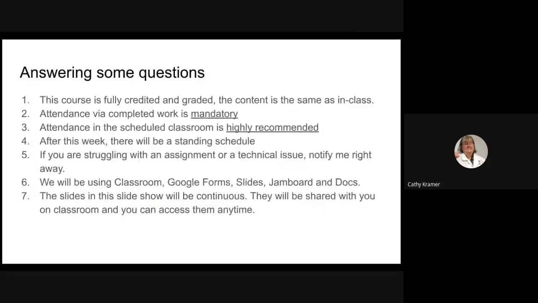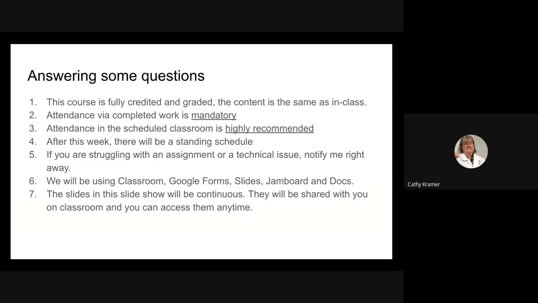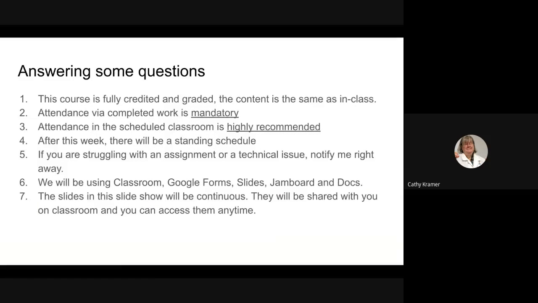Like I said, on this virtual learning quiz, I found out a lot of stuff that students have had misconceptions about. One of the first ones is they asked me, is this a real science class and does it count? Yes, it does. And it is.